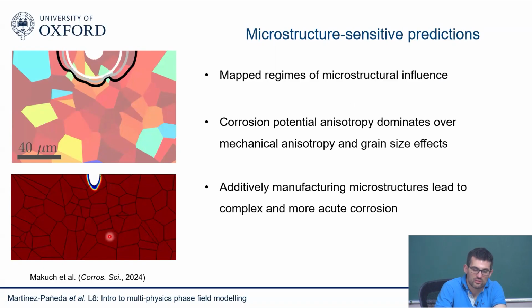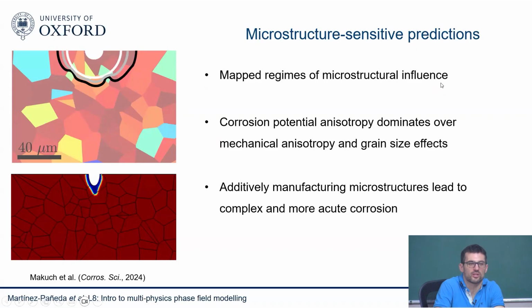And this for us was important. This is the evolution of the pit as well. You need to do multiple simulations with different sorts of RVEs, so to say. They're not really RVEs, but representative domains where you can play around and use different grain boundaries or different grain sizes and so on and so forth. And you need to run multiple calculations just to account for some sort of statistical scatter. And what we learned, the things that we were interested in, is first, we wanted to